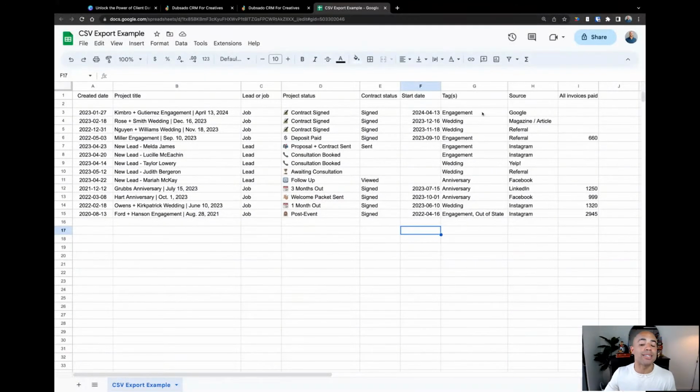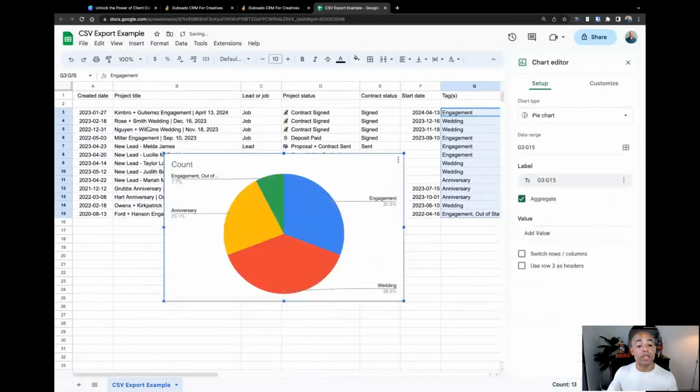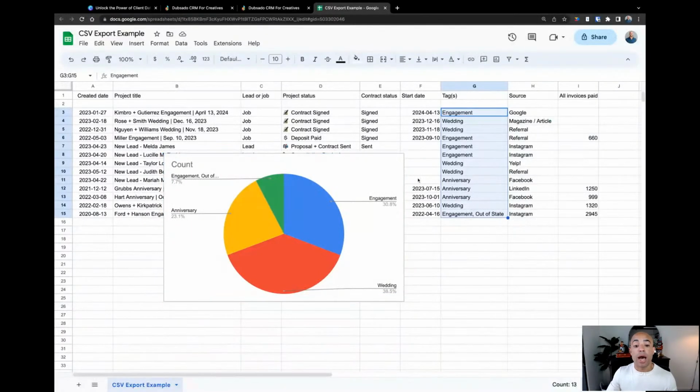For example, let's say that I highlight all of my tags here. I can highlight these in Google Sheets, and then I can go over to Insert and say Chart. That's going to create a chart for me based off of all of these tags to show me, out of all of those projects I exported, what service people are more drawn to with my business.